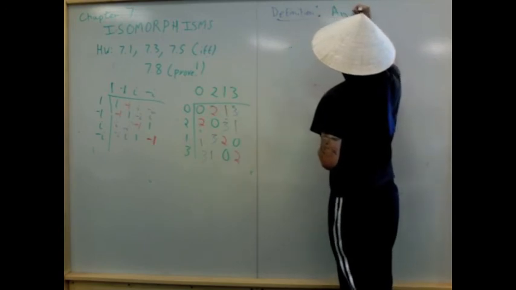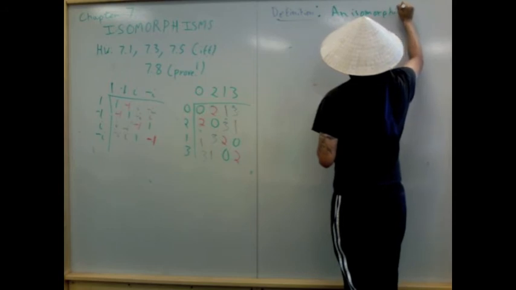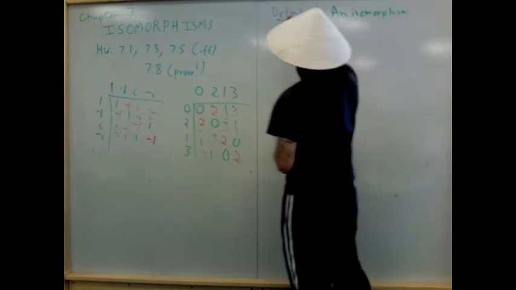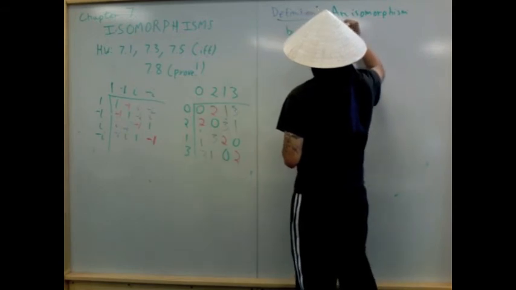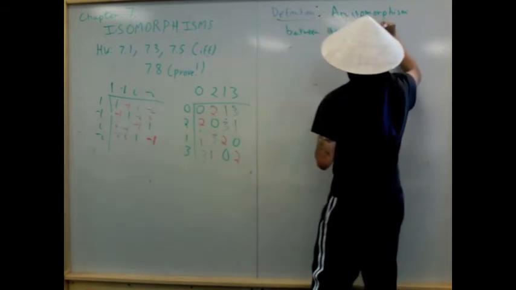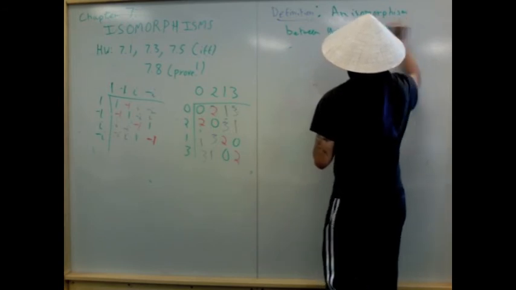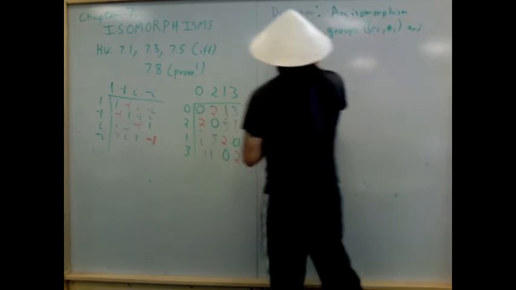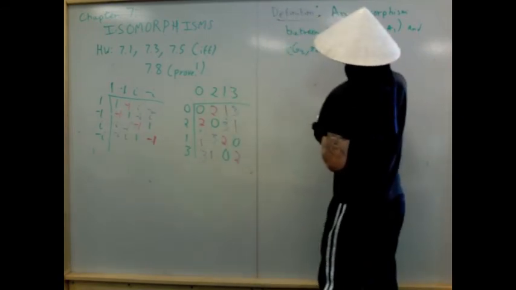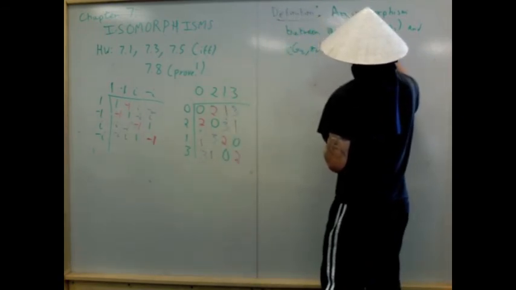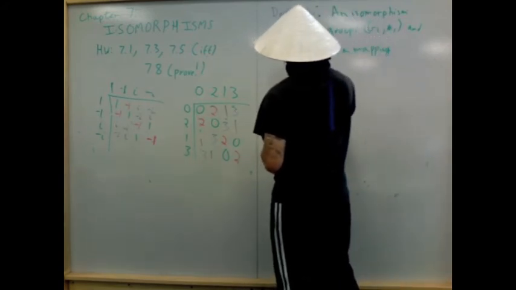An isomorphism also preserves something. Given groups G1 with star 1 and G2 with star 2, an isomorphism is a mapping phi such that